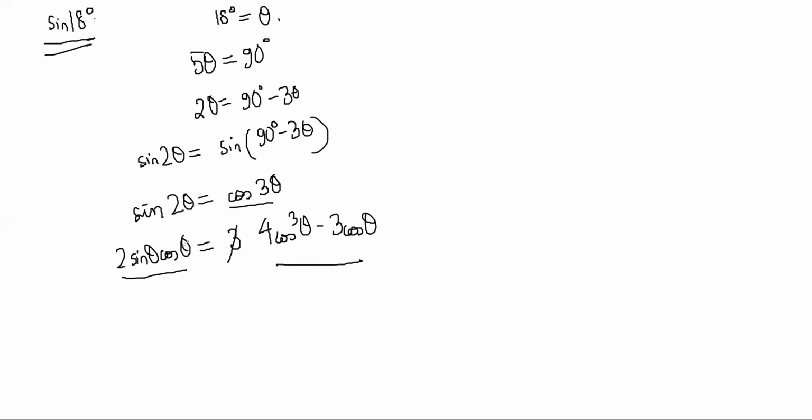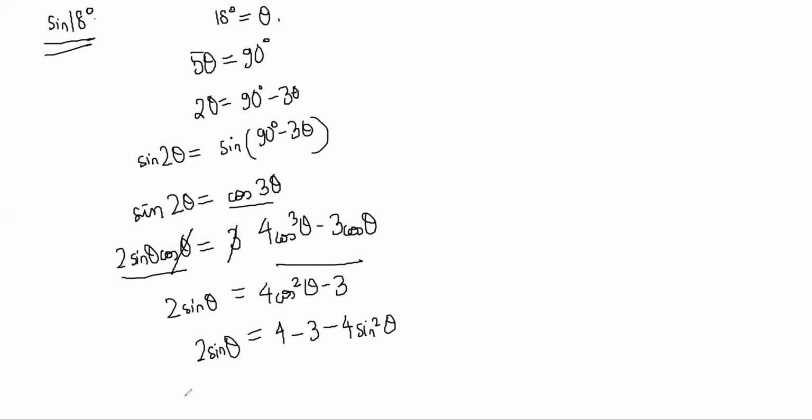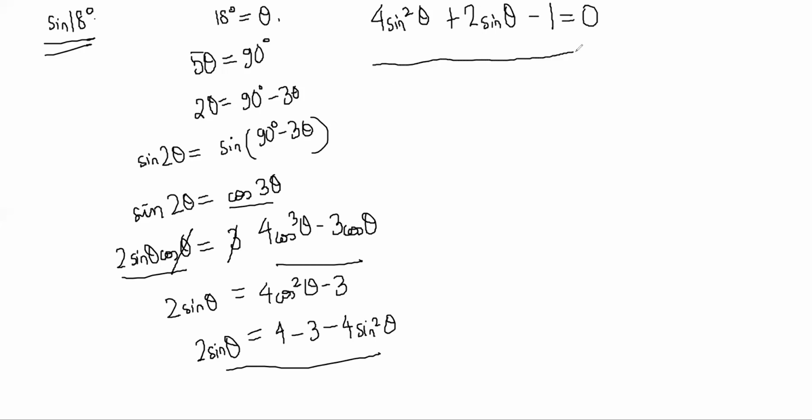So cancelling cos theta from both sides, this becomes 4 cos square theta minus 3, and this is 2 sine theta, right? And now you have a quadratic in sine theta, because 4 minus 3 minus 4 sine square theta is equal to 2 sine theta, right? See, it is becoming a quadratic, no? 4 sine square theta plus 2 sine theta minus 1 is equal to 0, right? So now